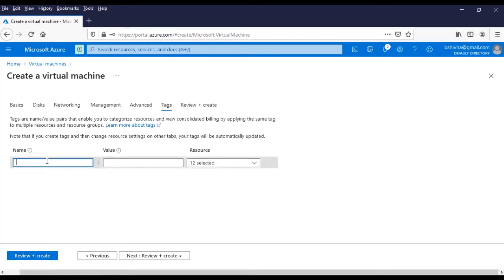Say, for example, this is project 1, and this is the server, say app server. From your automation scripts, using this tag, whatever resources have this tag, you can remove them, shut them down, or start them. So the more tags you give, the easier it is to manage your infrastructure.